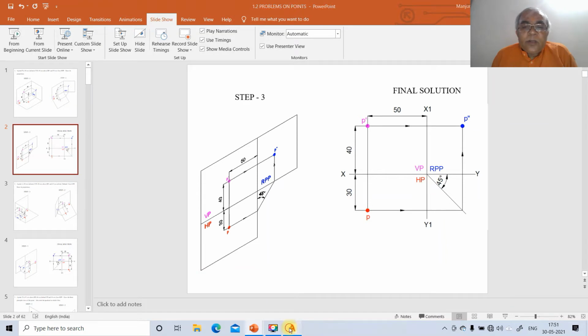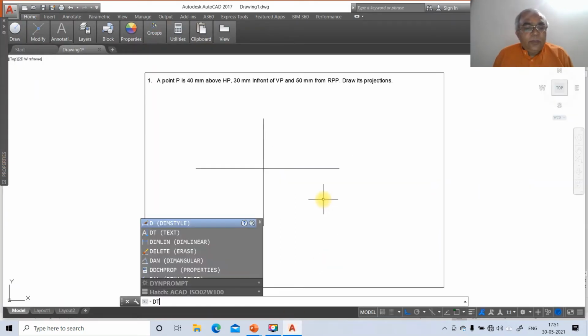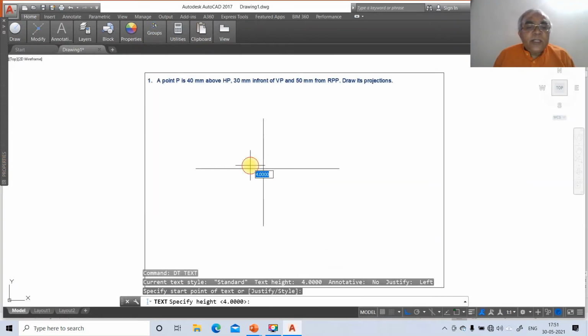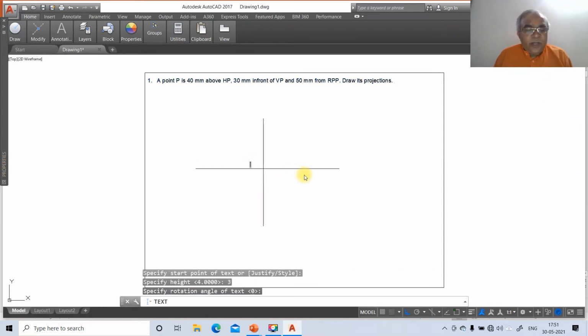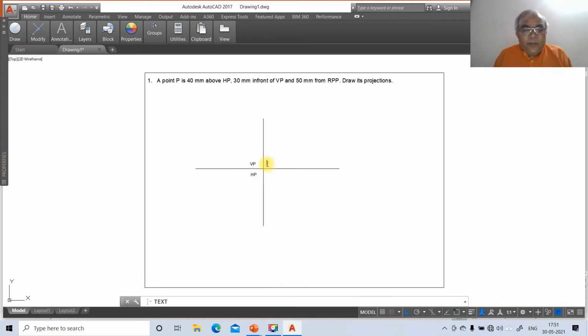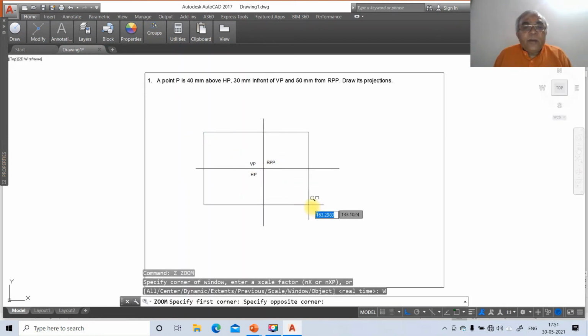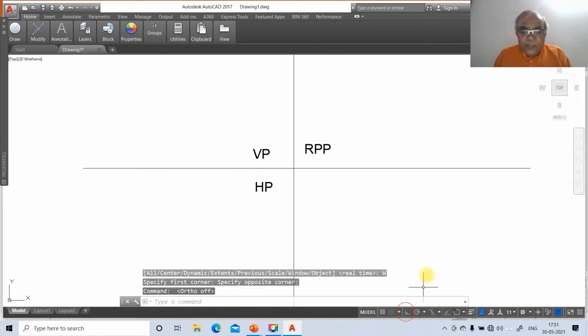Come down to this and type the text. Take the text type as 3. Then you type vertical plane, then horizontal plane, then right profile plane. Then go to zoom window, then move this.